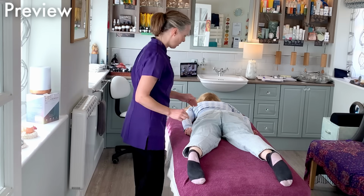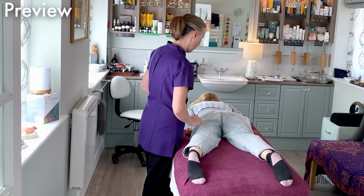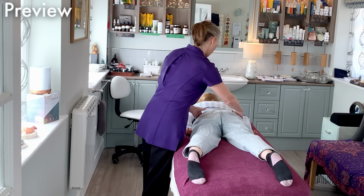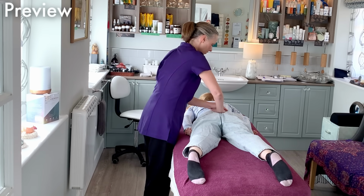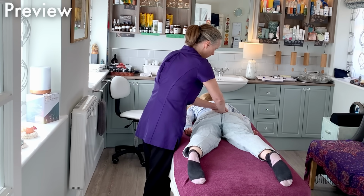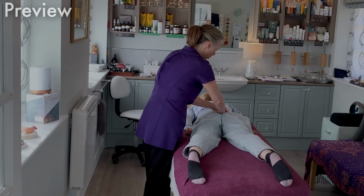Orientation, I'm just looking at the pelvis. So what that was for, sacral fixation, is to make sure that the pelvis is symmetrical and balanced, harmonious with your body. Now a little qigong, where